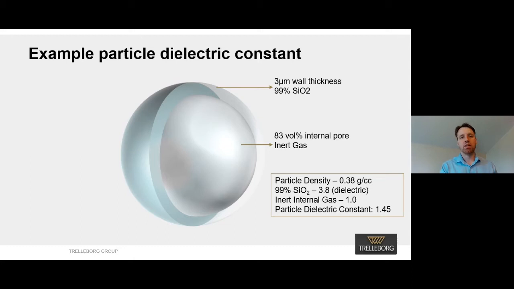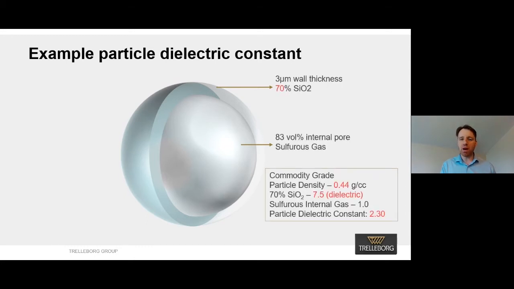Now, if you compare that to a commodity-grade glass microsphere with the same shell thickness, the commodity-grade glass microspheres are generally made of soda-lime glass, which is only 70% silica. The other 30% is mostly sodium. And so you can see the particle density rises to 0.44. It's a higher density because the glass actually has a higher density. And the silica making up the wall has a dielectric constant of 7.5, resulting in a net particle dielectric constant